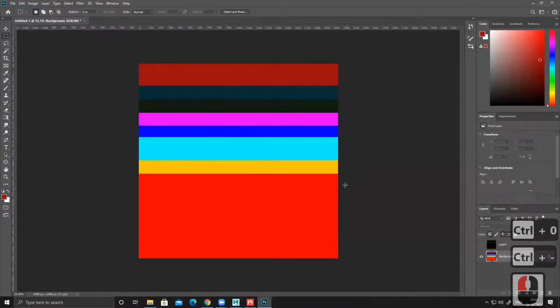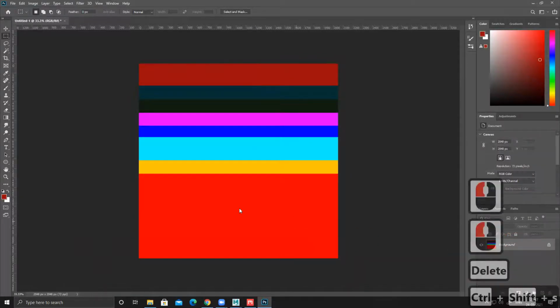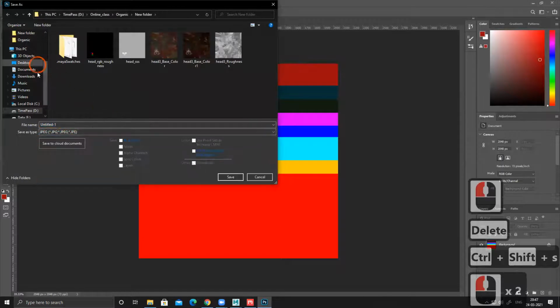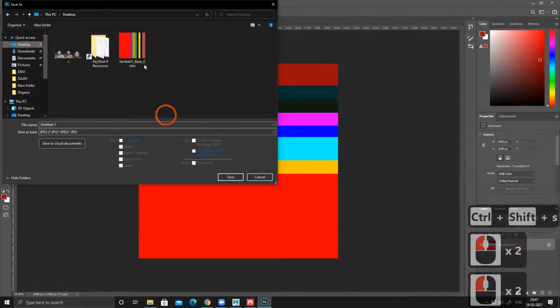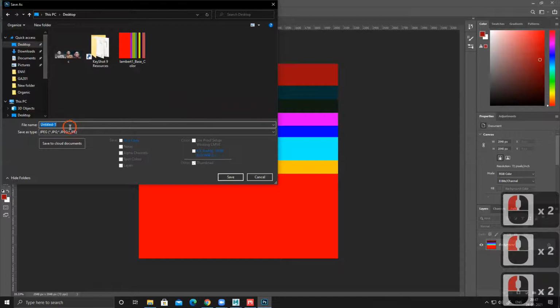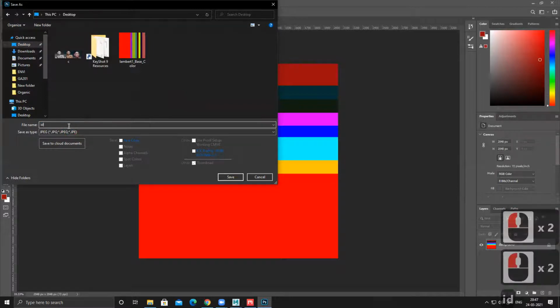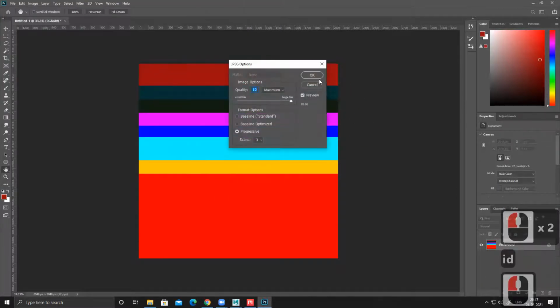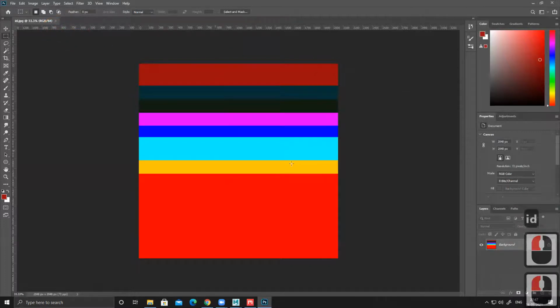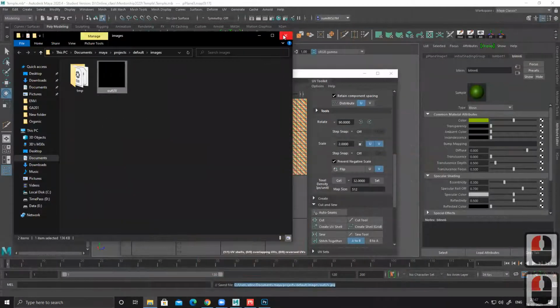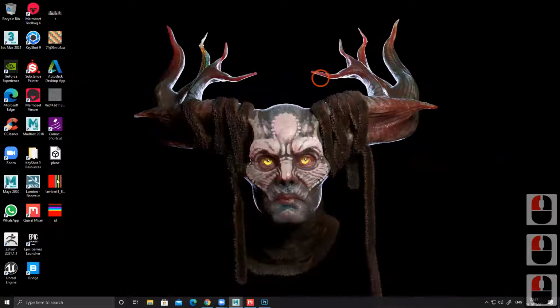It's the same thing. I did a similar thing in Photoshop also, so fast. So you have to create and generate this map and save it as JPEG or whatever you want, on the desktop, maybe name it ID map. It's basically an ID map. Save it. So I can use this map. I just have to rotate this map and use it.